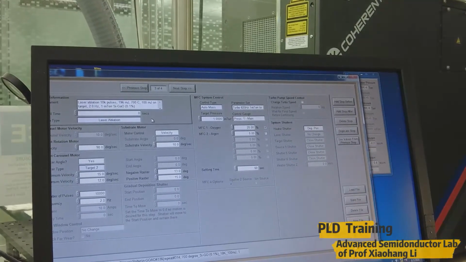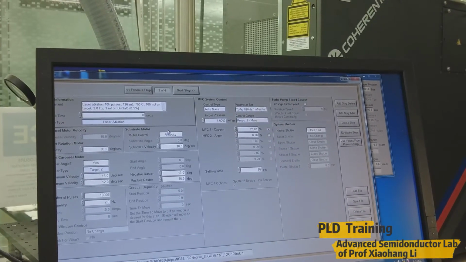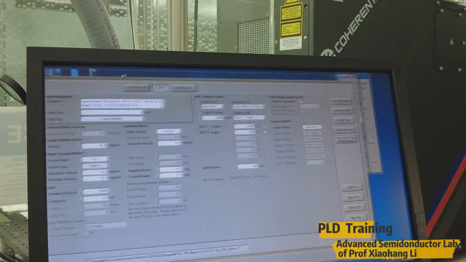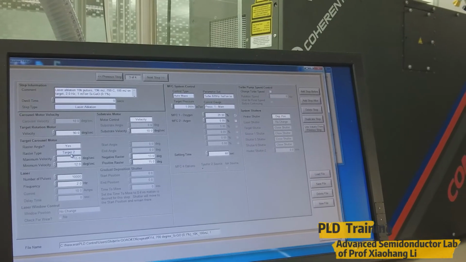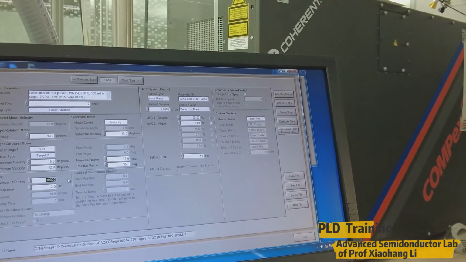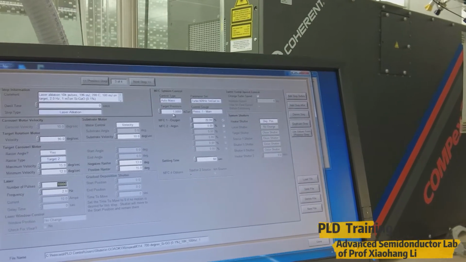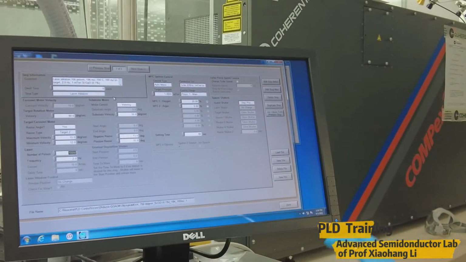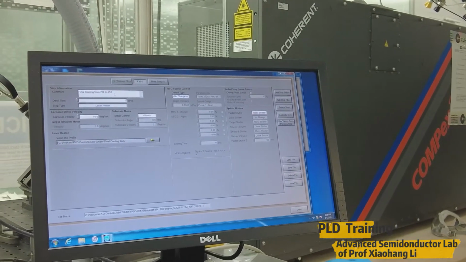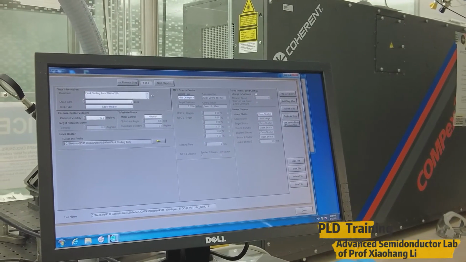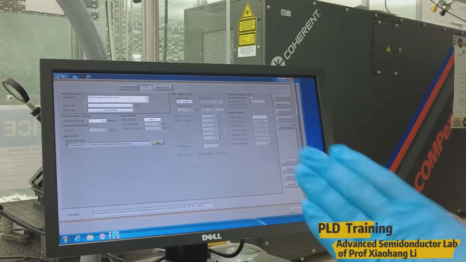Then this is actually the growth window where we are ablating the target and depositing the material on the substrate. Here there are different parameters, which include the specific position of the target, number of pulses, and the mass flow controller, from which gas we are passing and how much gas is passing. And this is actually the main growth recipe. Finally, after the growth, it is cooled down to room temperature. So this recipe includes 4 steps. I just showed you a demonstration of this recipe, and this is how the recipe works.